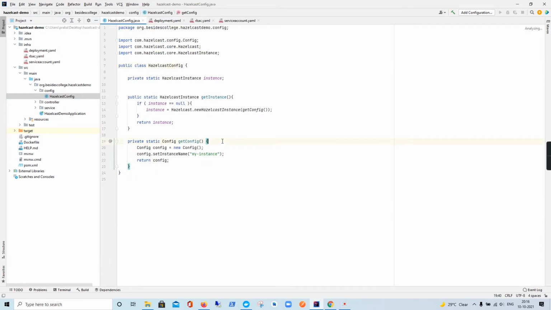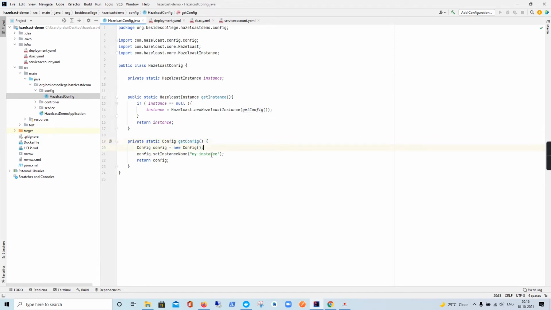Okay, so we are now ready to get started with the Kubernetes related discovery changes. Now that we have all the metadata and all the role binding present, we can change the configuration based upon what environment we are in.